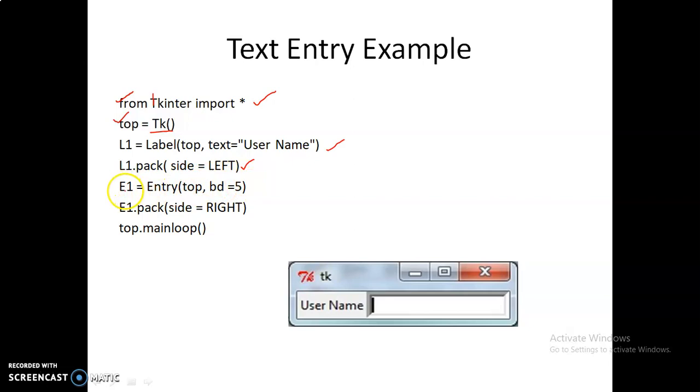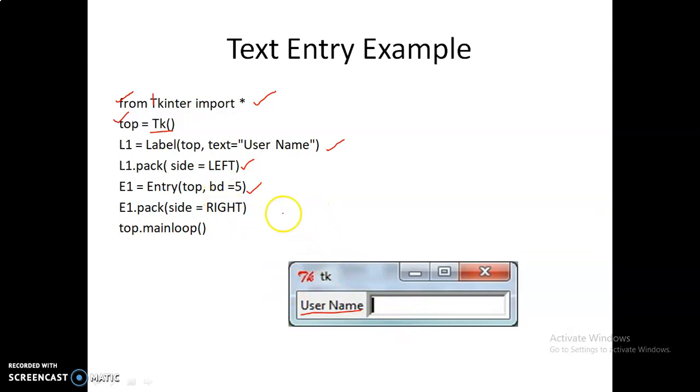Next we are creating an entry box: Entry of top, comma, bd equals 5. This is the border width of the text box, which is 5. Username is added at the left side and the text box is here.